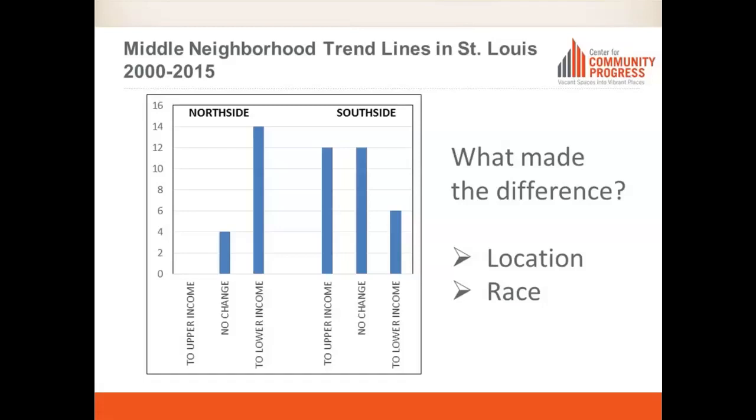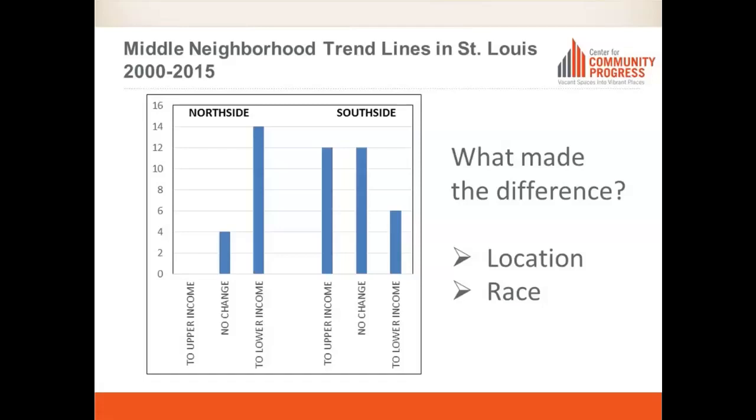In fact, many of these areas in the northern part of St. Louis, like Dayton, had been predominantly white neighborhoods until the 70s. And these neighborhoods tended to stay, despite some strains and struggles, viable neighborhoods at least to the end of the millennium. But what we can see here is that the North Side neighborhoods, which were African American neighborhoods, declined almost across the board